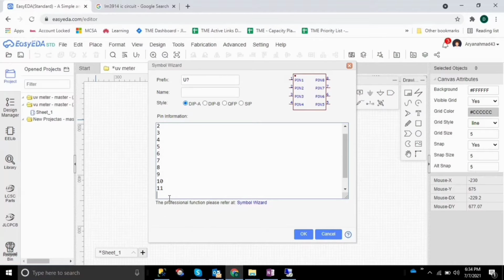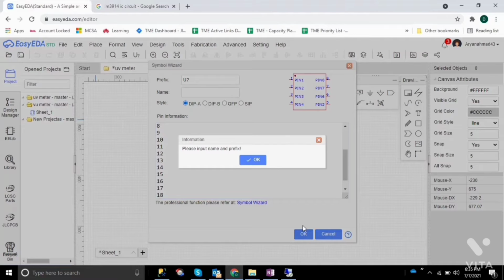Which is an 18 pin IC. So I mark the pins, since counting is there. You can see already 11 is present, the digit is present. We mount the counting digits, but keep in mind, when placing a counting digit, it should be in proper configuration, meaning they are not mismatched. Counting is not trivial, because you can miss numbers. I accidentally missed 16 here. So never miss any number.